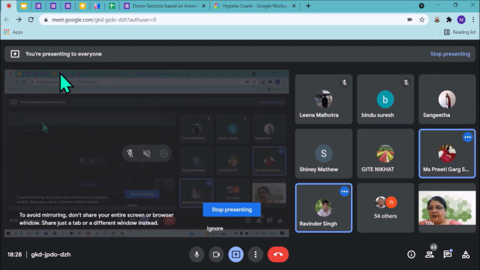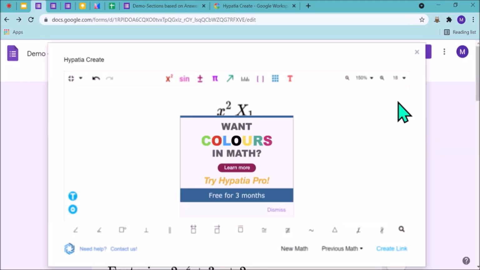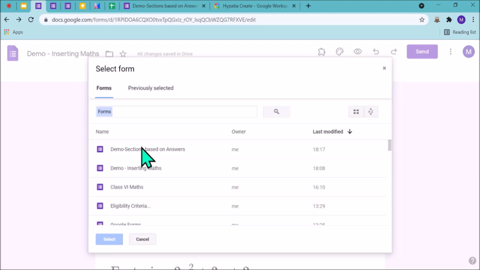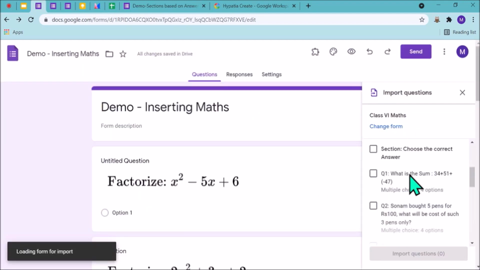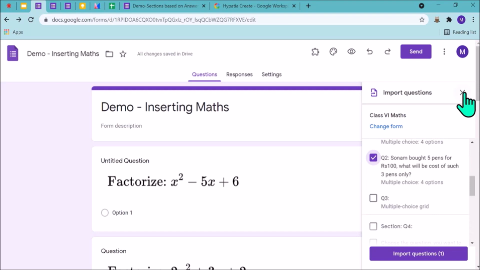Okay, sir. There is very little time. Let me just show you. Insert question is a choice option there. This is the import portion. Import question. When you click on this, it will show you all the Google forms in your drive. You can choose any one, suppose I am choosing this one, and it will show each and every question here. Whatever question I have to copy, I will select that and it will come here. Got it, ma'am. Thank you, ma'am.